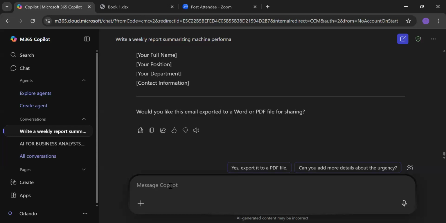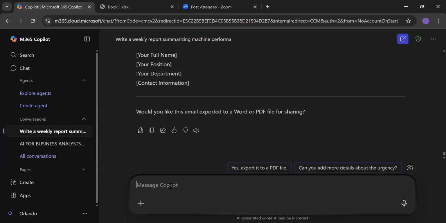Other aspects that Copilot can help us do is what? Create employees shift schedule templates. So let's say you've just been appointed as a supervisor to supervise a couple of your work colleagues, but you don't have a shift template to schedule work for the employees that you've been put in charge of. So you can equally tell Copilot to create an employee shift template for you.